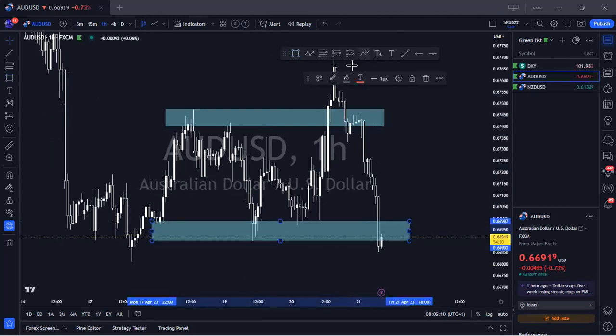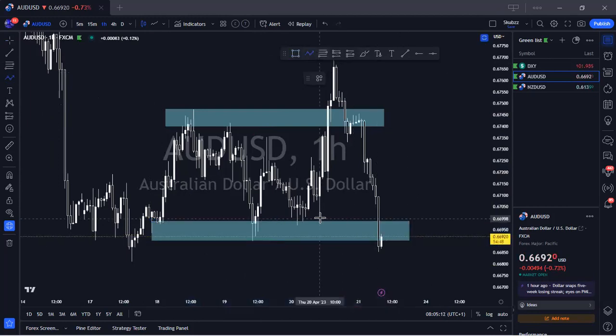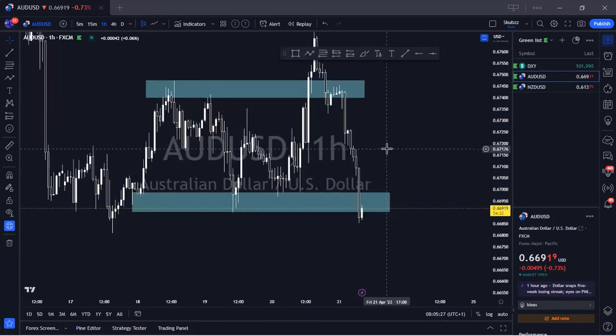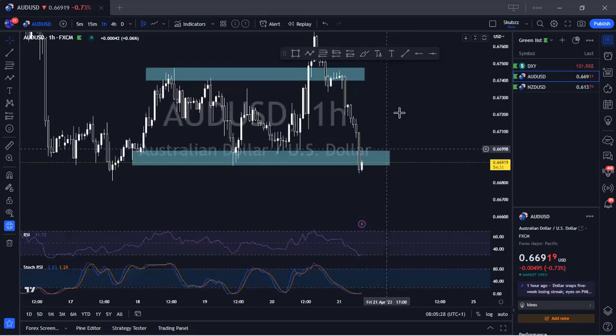Price just did as if it exited yesterday, and then we came back and sort of retested, and then we just massively sold. I think this is because of the fundamental news on AUD/USD at night. So it's still ranging. Probably the news today will actually push it out of this range.